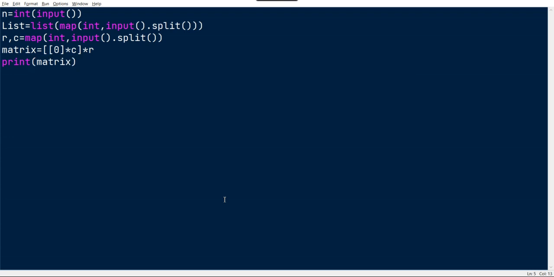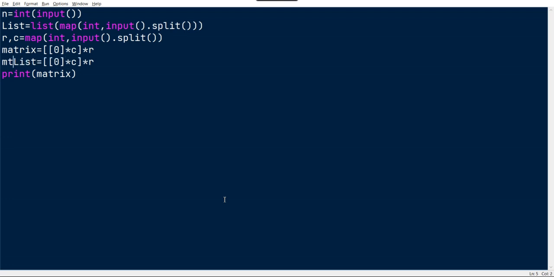So print matrix, or else we can make a matrix list. Okay, always an empty list.